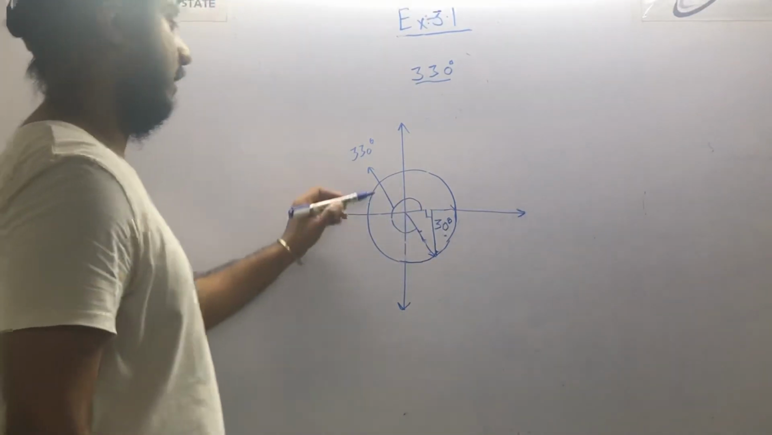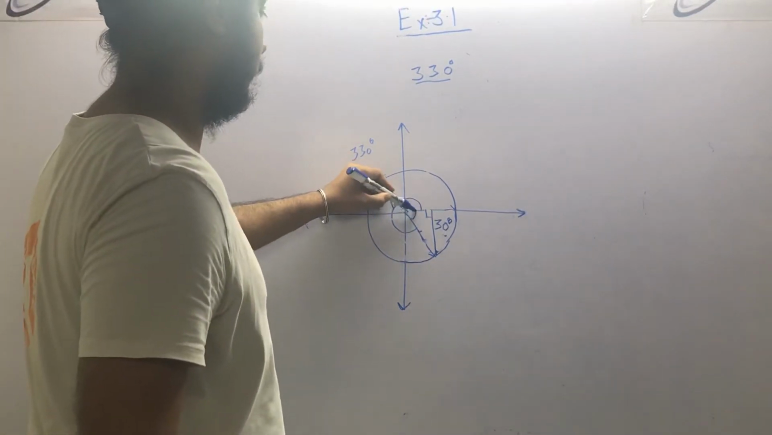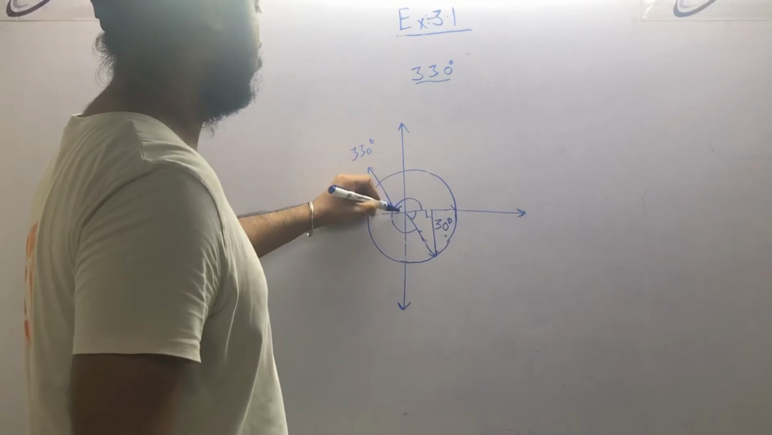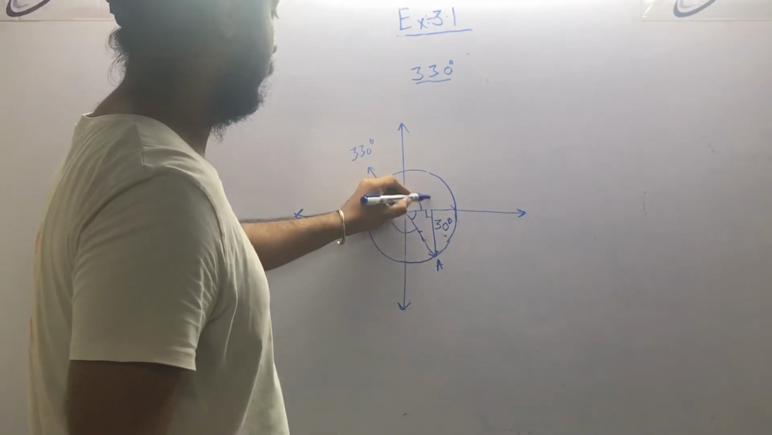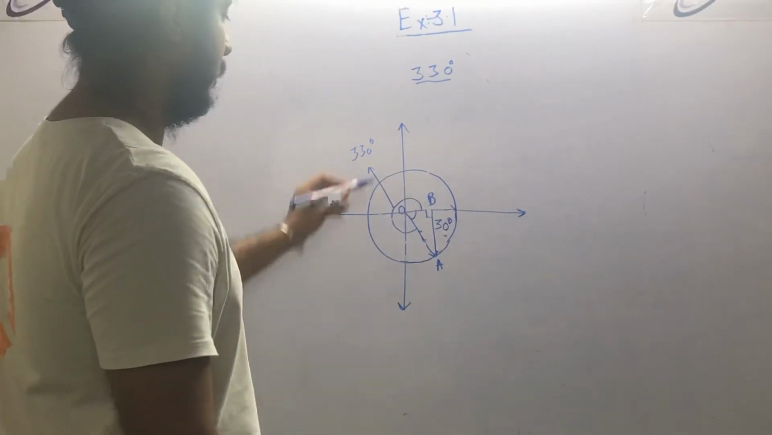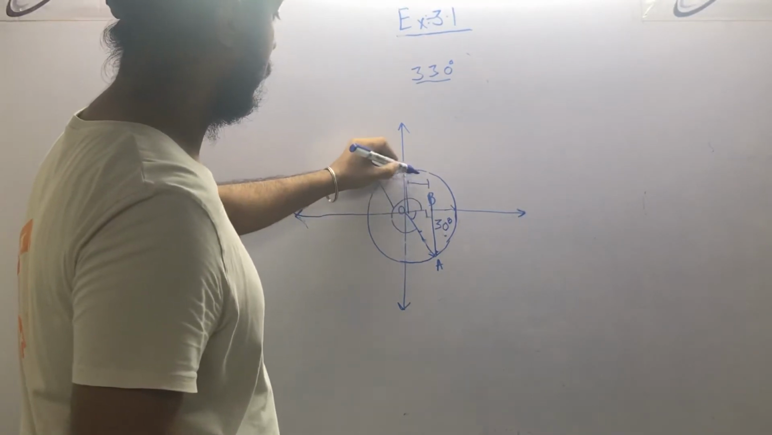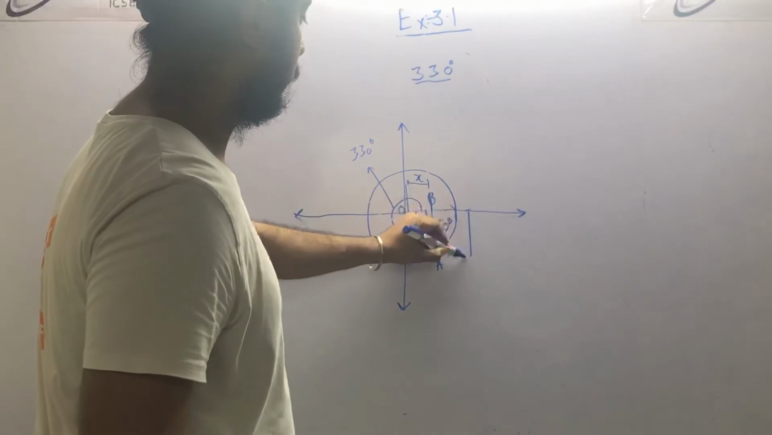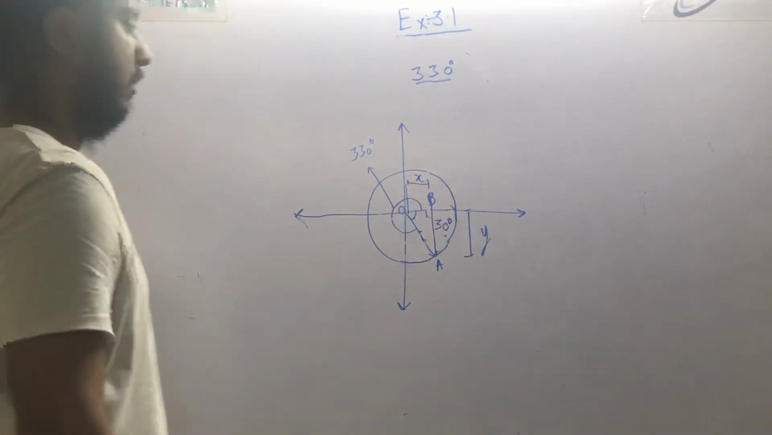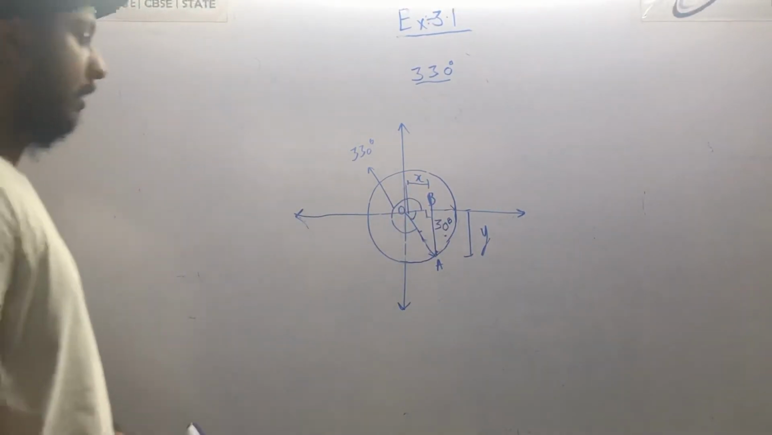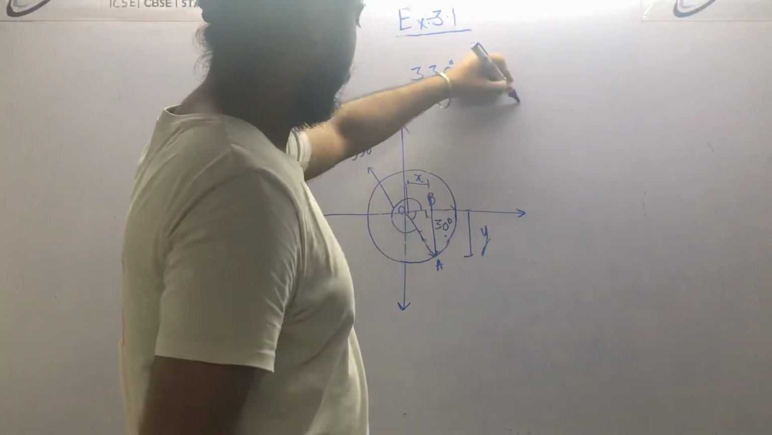Okay, and I say this angle is 30 degrees. This is OAB. Let this side be X, and this side be Y. Now simply, what will be the value in triangle